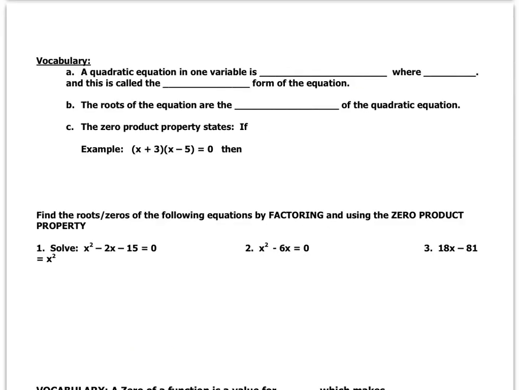Okay, so we've got a little bit more vocab here to talk about. A quadratic equation in one variable is ax squared plus bx plus c. I think when I updated this, it made it write a little different. So where a is not equal to 0. In case that's kind of sloppy, it's ax squared plus bx plus c. That's what this should say right here, where a is not equal to 0. And this is called the standard